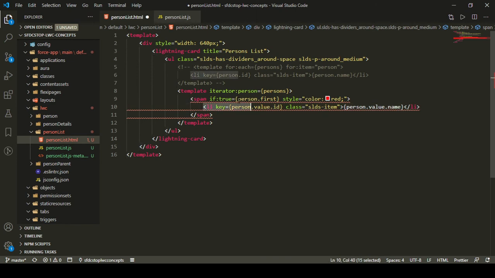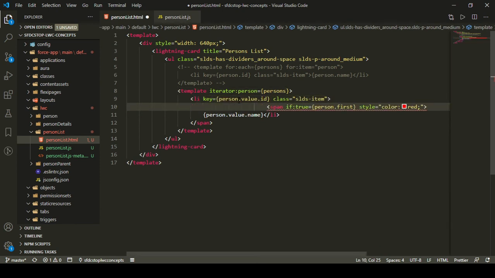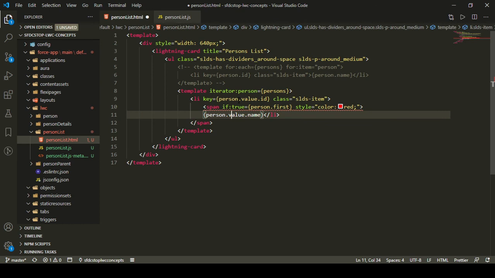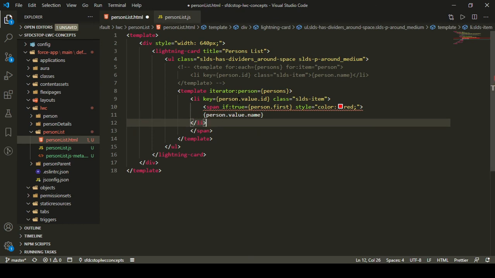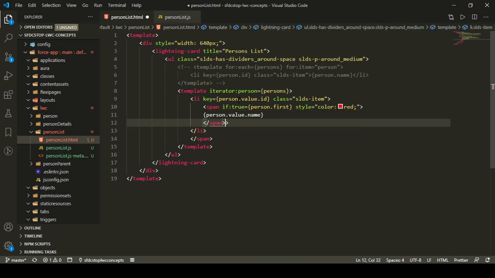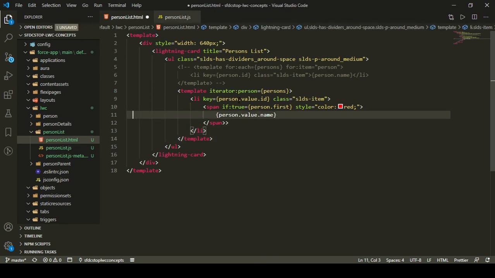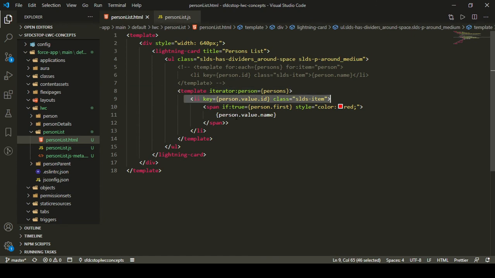So it is going to be a list item definitely. That is why I need to take it out. So let's take the list item out, and inside this I'm going to define a span, and I'm going to take the list item out again, right? So this is how it will work. Let's take the span here, and that's it, right? So what I'm doing here is iterating all the list items, all the persons, and checking if this person is the first person, then the color is red, okay? Otherwise I'll say that the color is blue.